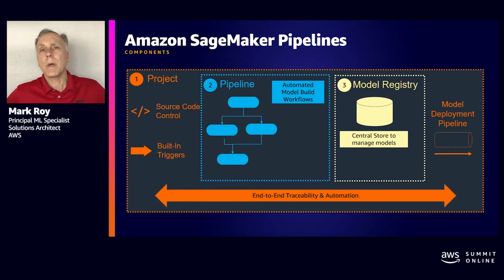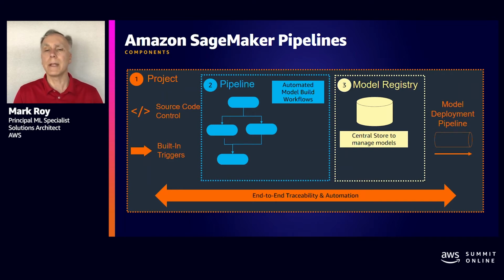Next, let's talk about the three main components that are provided in SageMaker Pipelines. One is a project. So in Studio, you can create a brand new project based on a template that SageMaker provides, or you can customize those templates or provide your own. That will get you access to source code repositories and have built-in triggers for rerunning pipelines, which brings us to